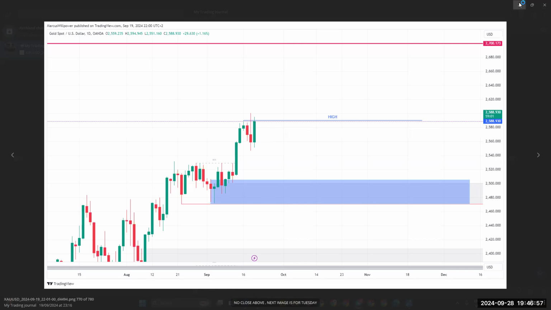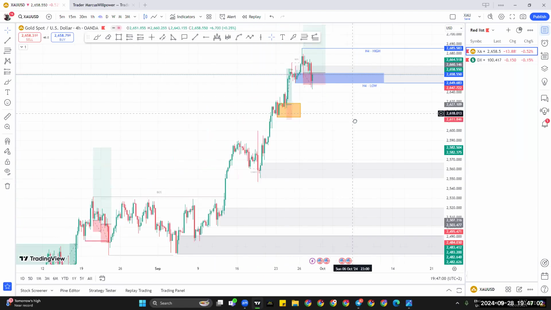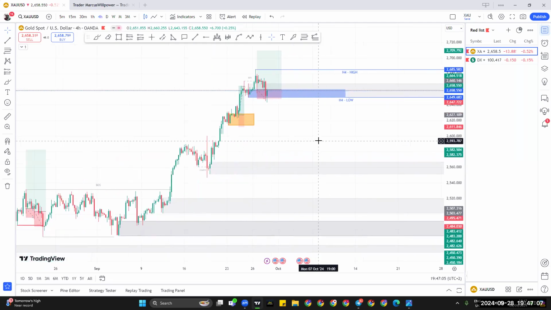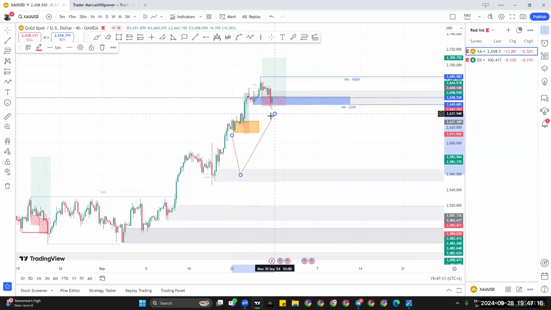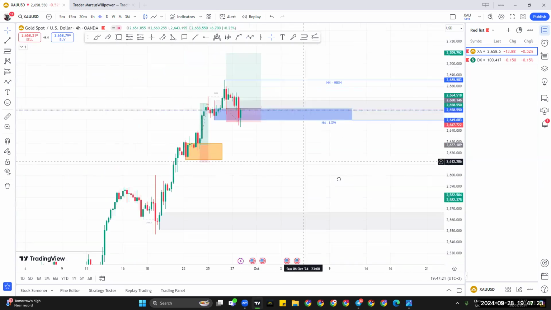Okay, let's go to the chart. So, last week we were predicting that the market could drop off into this zone and push up, but that did not happen. So what happened? I took an entry. I actually took two trades last week,